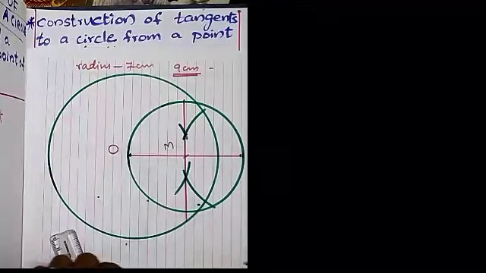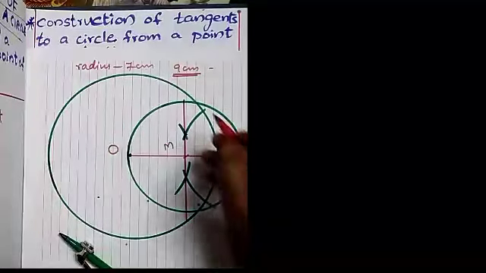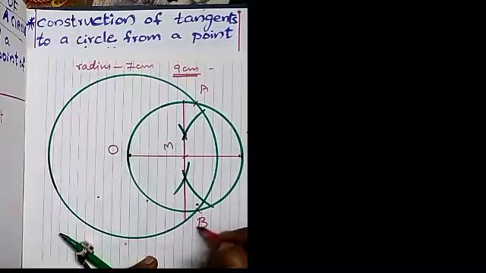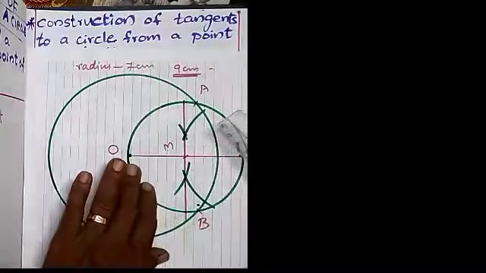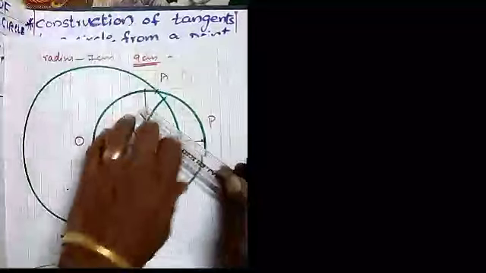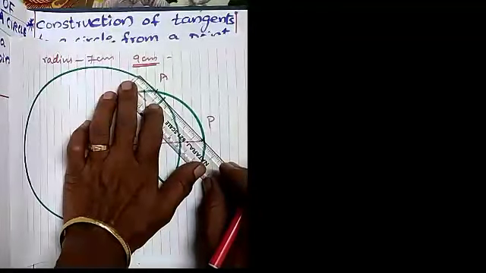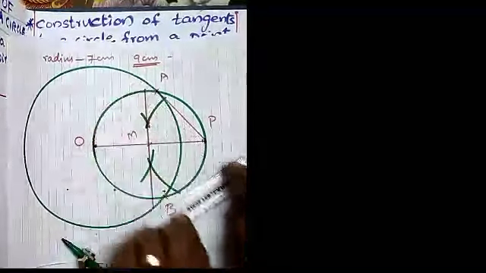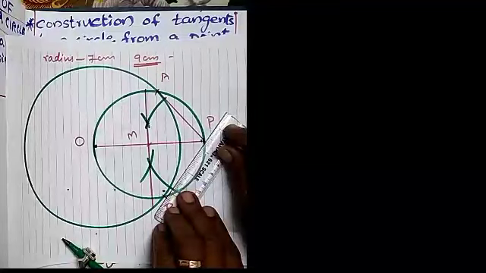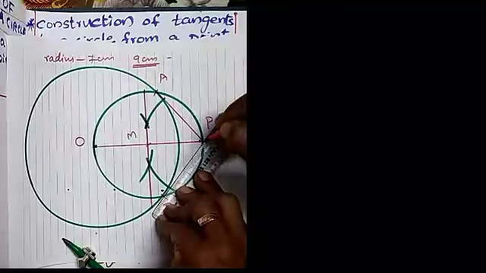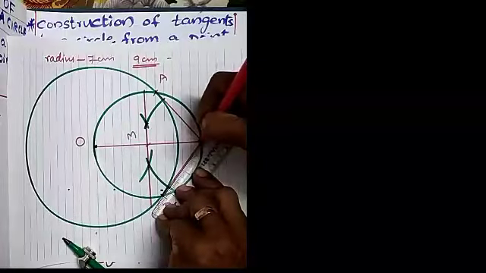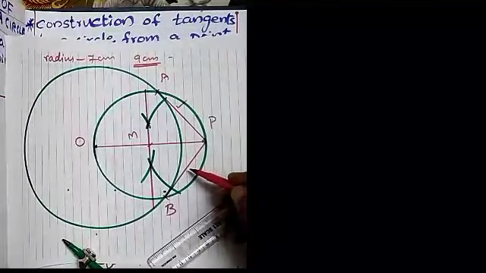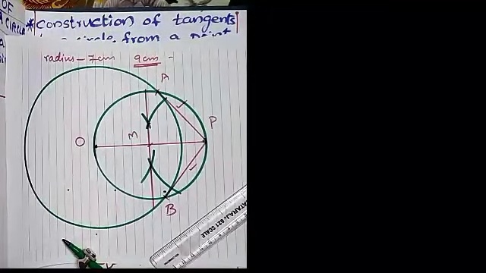Now the two circles intersect. Which are the 2 points you got? This point, here it is, name A. This point you can see, name B. Now after that, what we can do? Just you join the intersecting point A and P. You can see this line and also another tangent. Here it is PB, that will be having the same length as PA. So here you can see PA, this tangent, and also PB, another tangent. Is it clear now?